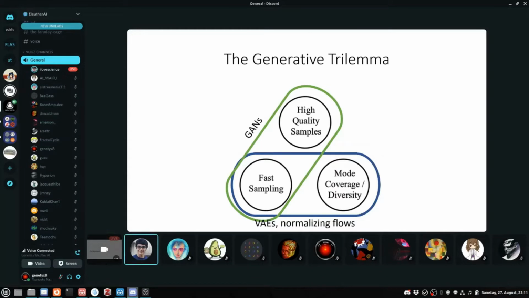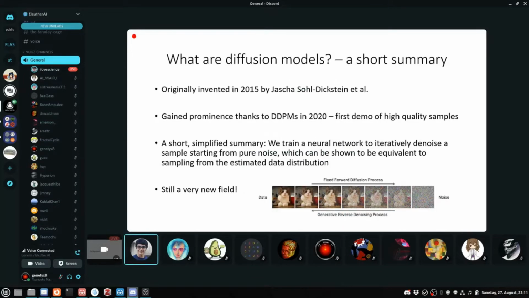So with that said, just another brief summary of diffusion models before. Oh, sorry, someone's going to say something? Okay, I thought I heard someone was going to say something, but okay, I'll move on.